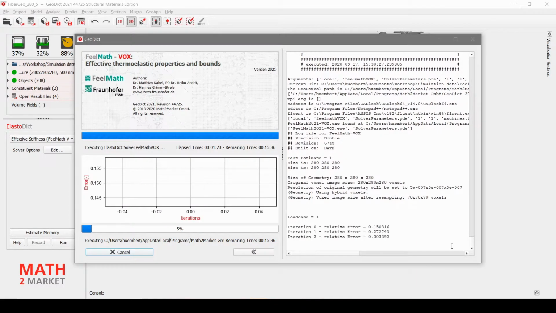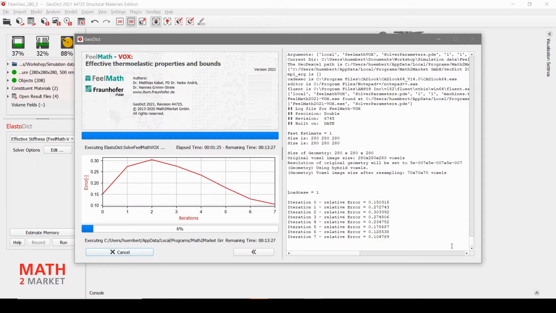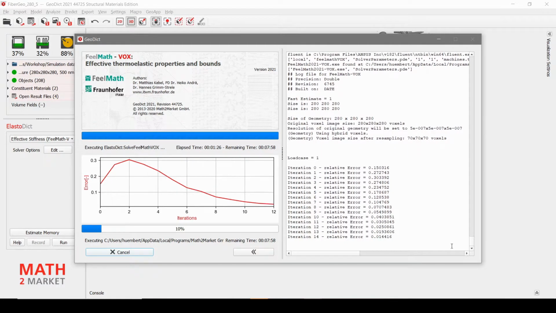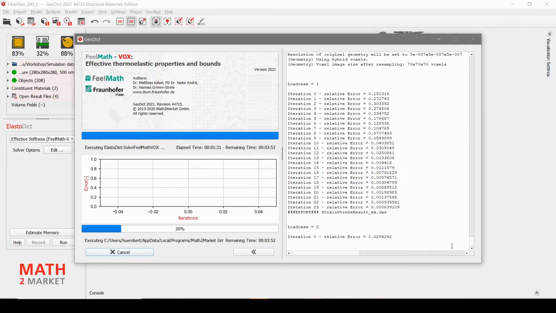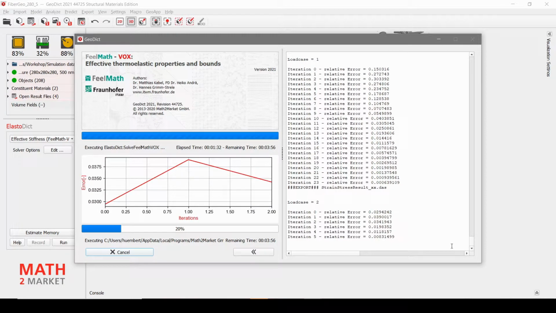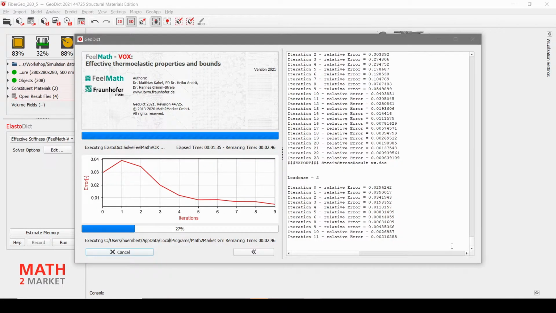Okay, now the simulation starts. You can see that it needs a little bit more iterations, but it's still pretty quick.